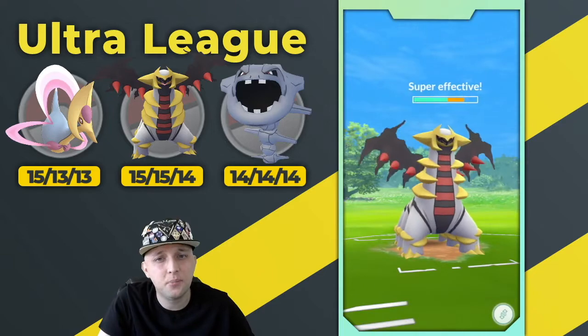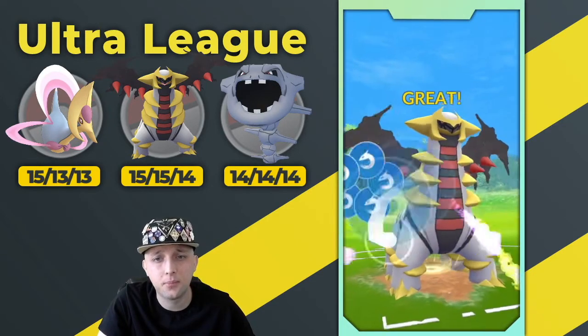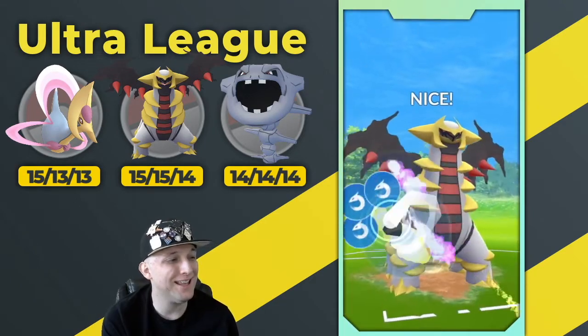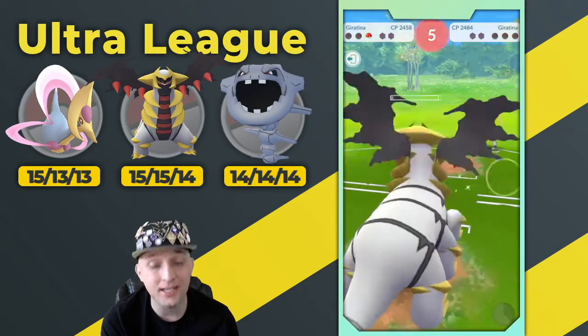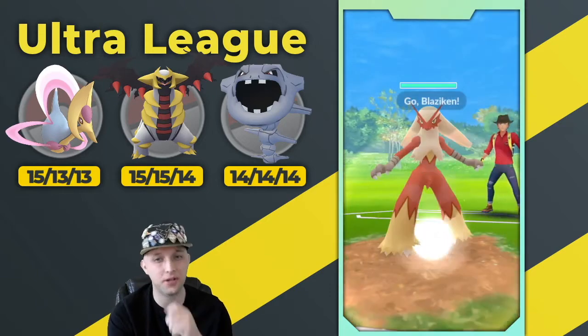So at this point, even if they had a Dragon Breath Giratina, this game is pretty much closed. GG's trainer. And just so we can see that I still did take the win, there we go. Dragon Claw into the Giratina, and then my Shadow Claw takes the W. On to the next opponent here, which I believe...